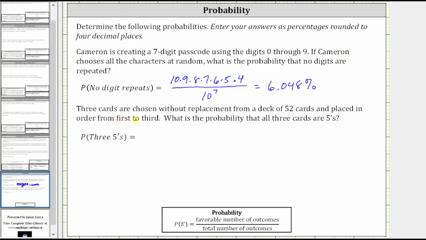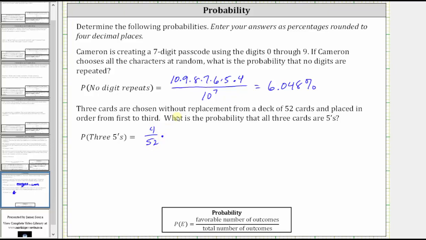For the second question, 3 cards are chosen without replacement from a deck of 52 cards and placed in order from first to third. What is the probability that all 3 cards are 5s? I think the easiest approach for this problem will be to think of this as 3 dependent events, and therefore if we find the probability of each event, we can simply multiply those probabilities together to find the probability of 3 5s. So we first find the probability that the first card is a 5. Well, there are 52 cards, 4 of which are 5s, and therefore the probability the first card is a 5 is 4 divided by 52, or 4/52,